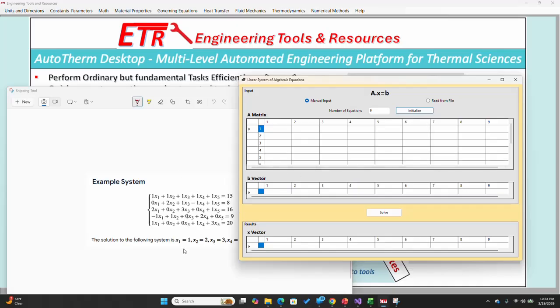First of all, this is 5 equations, 5 unknowns, so I have to change that to 5. The first row is pretty easy: 1, 1, 1, 1, 1. The second row is 0, 2, 1, minus 1,